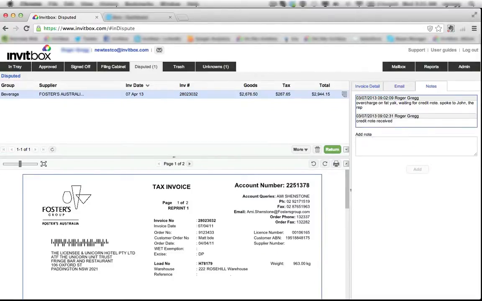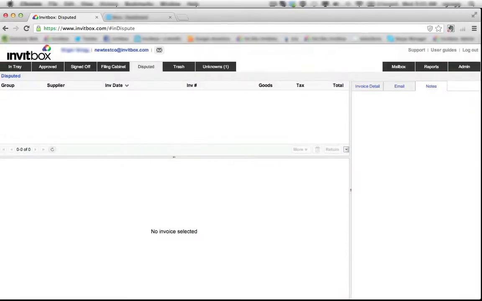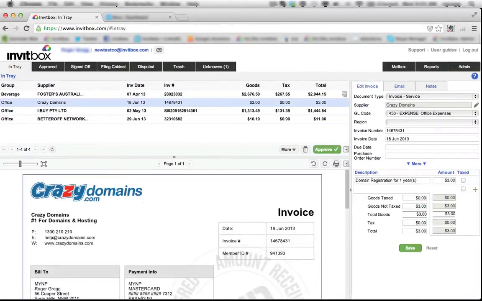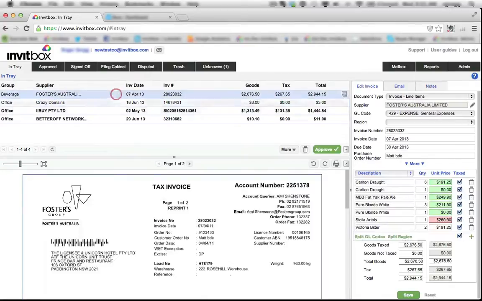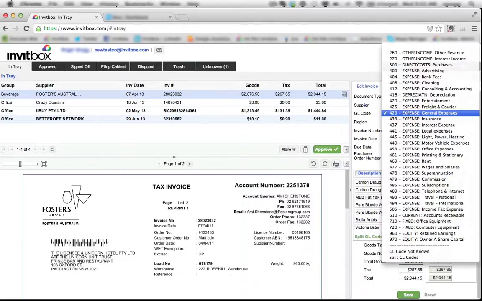You can then decide to either return the bill to the in-tray for processing, or you could have trashed it if they had sent the corrected bill to you. But as in the real world, the job is to either approve this bill or dispute the bill. So the manager here, let's say this is the first point of contact, maybe a department manager, can decide to